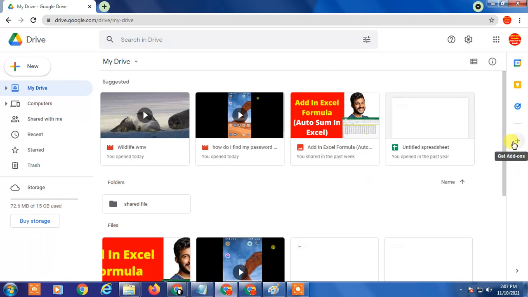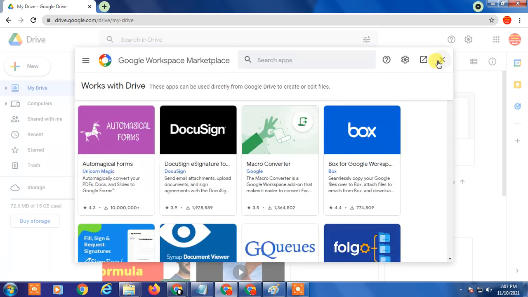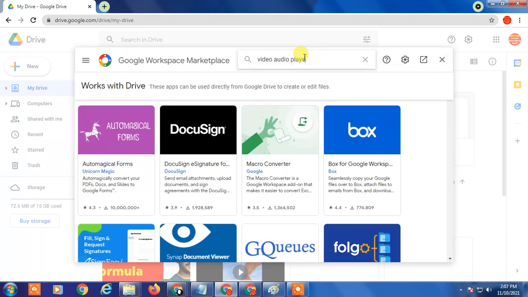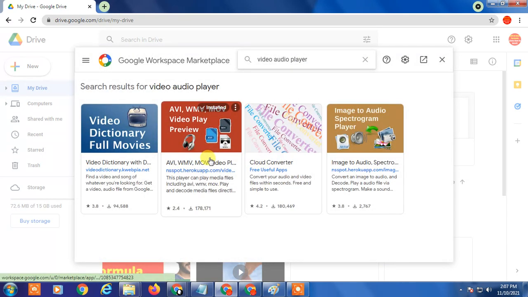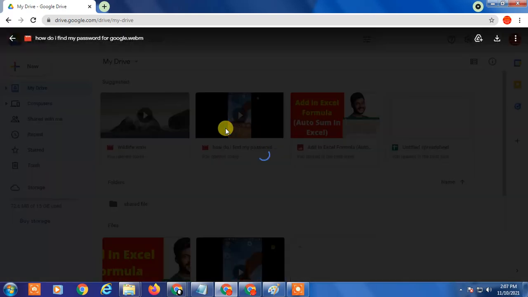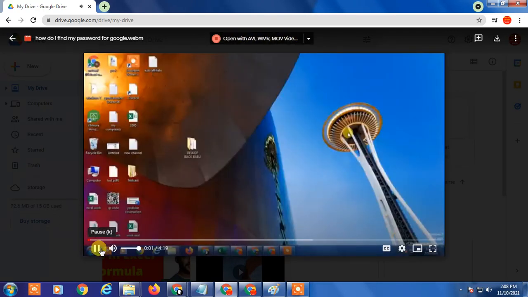So you can add an add-on like a video audio player. You can see I just added this add-on. If I click on my video, you can see it plays because I just added this add-on.